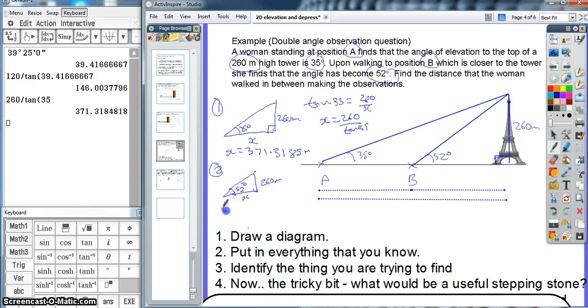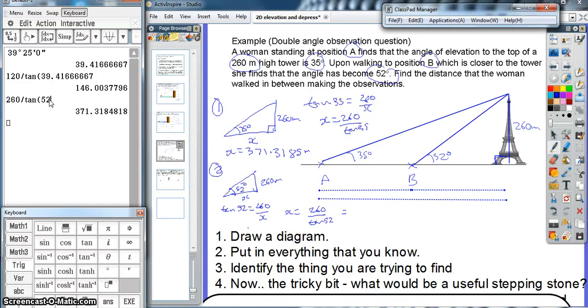It's going to be tan 52 equals 260 over x. So x equals 260 over tan 52. And we've got 203.1343